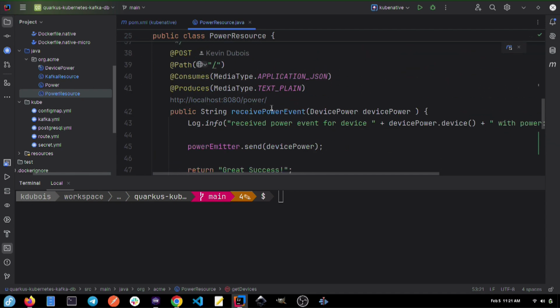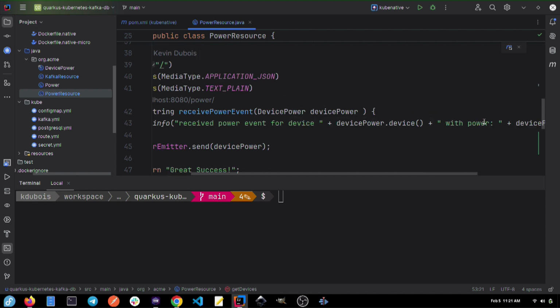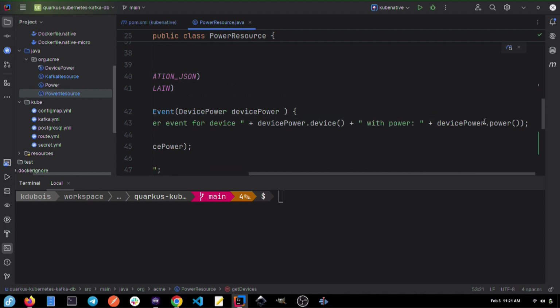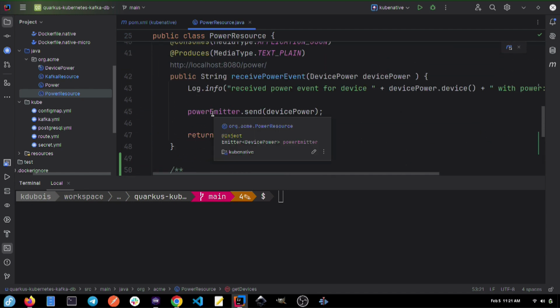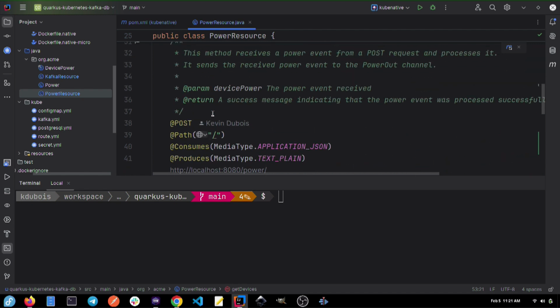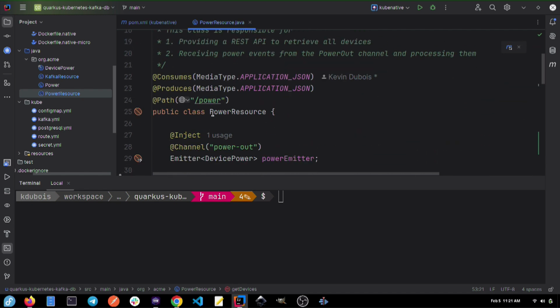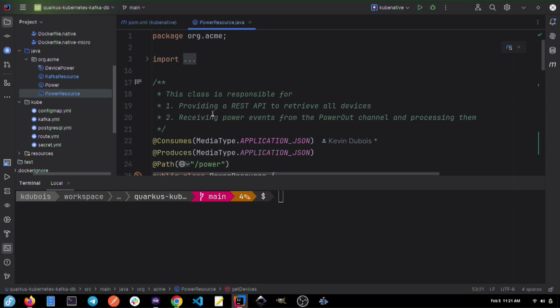All right, and so we have the power resource here, and you can see we have a simple post that receives these power events of type device power, where we have device name and a number of power that we're sending based on how hard you're shaking your phone potentially, right? And then it's going to emit that onto a channel, which in this case is backed by Kafka, so it's going to send it to a Kafka topic. Not necessarily the point of this talk, but just to give you a little bit of background